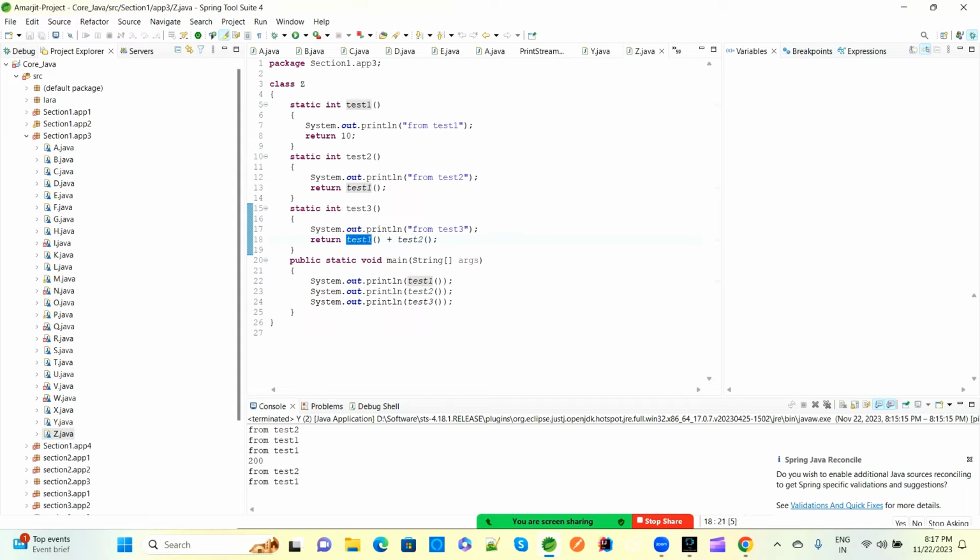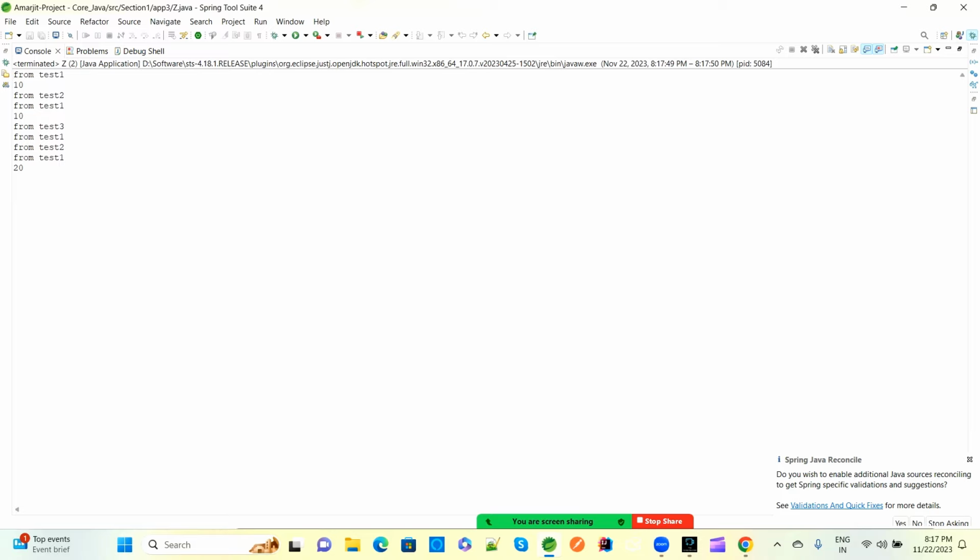So first we'll go for test 1. So from test 1 will be printed, and return is 10 here. Again this will be called, from test 2. So from test 2 will be printed, and then they have a return statement check. So in the return statement, again we have a test 1 call. So from test 1 again will be printed, and then return is 10, meaning 10 plus 10 is 20. So if you see the output here, see here, from test 1 then 10, from test 2 then from test 1,